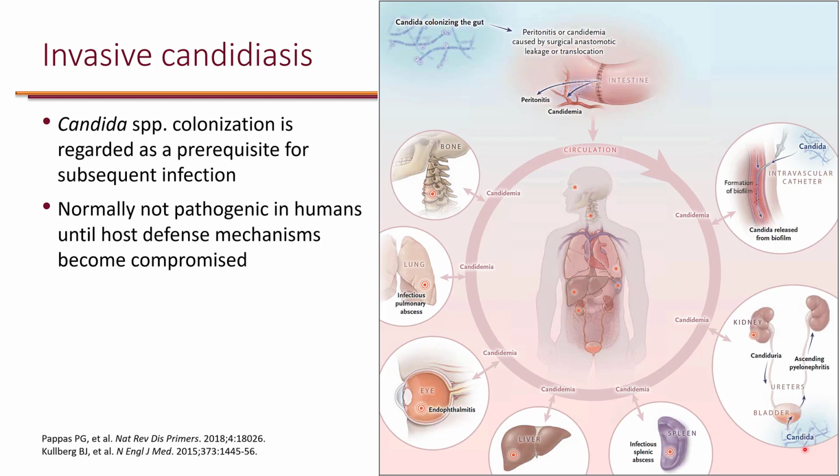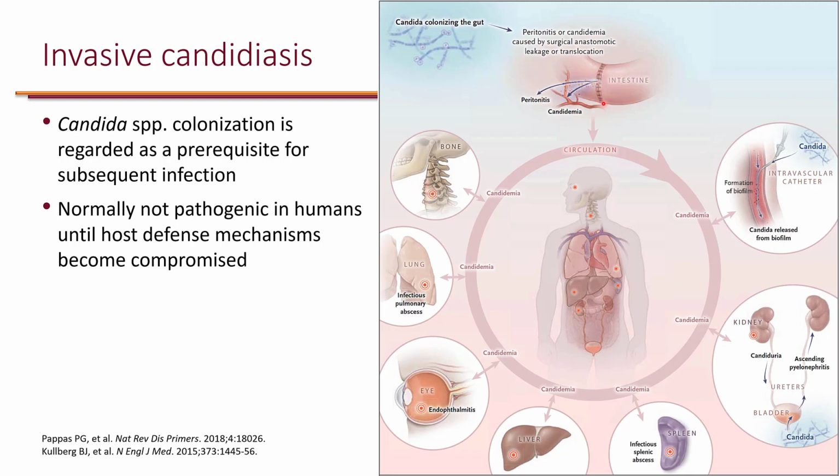And of course, it's not uncommon, especially for women, to have vaginal candidiasis, and then you can have an ascending route. So from the bladder, the candida can find its way to the kidneys and cause pyelonephritis, and then of course from the kidneys it can easily go into the blood and cause